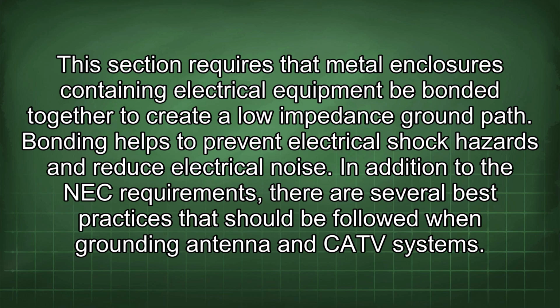This section requires that metal enclosures containing electrical equipment be bonded together to create a low-impedance ground path. Bonding helps to prevent electrical shock hazards and reduce electrical noise. In addition to the NEC requirements, there are several best practices that should be followed when grounding antenna and CATV